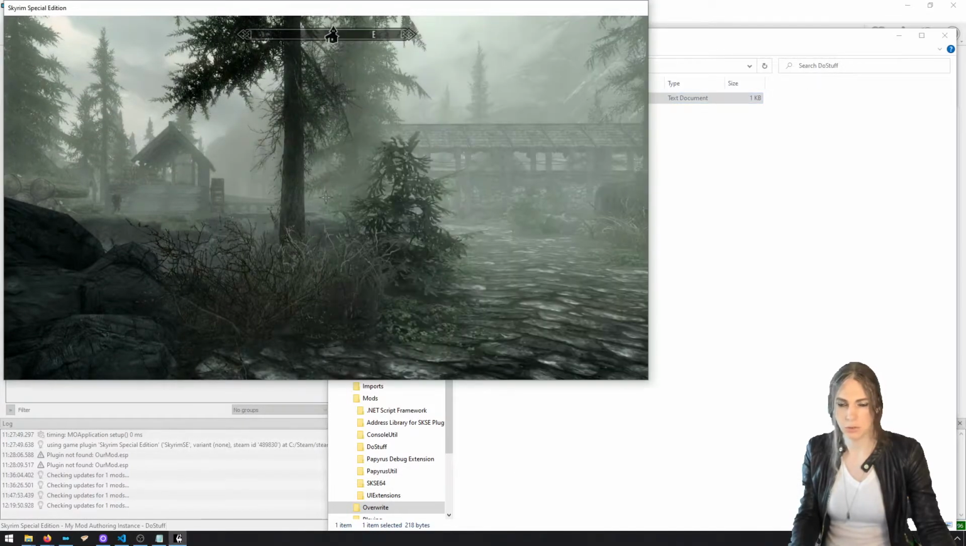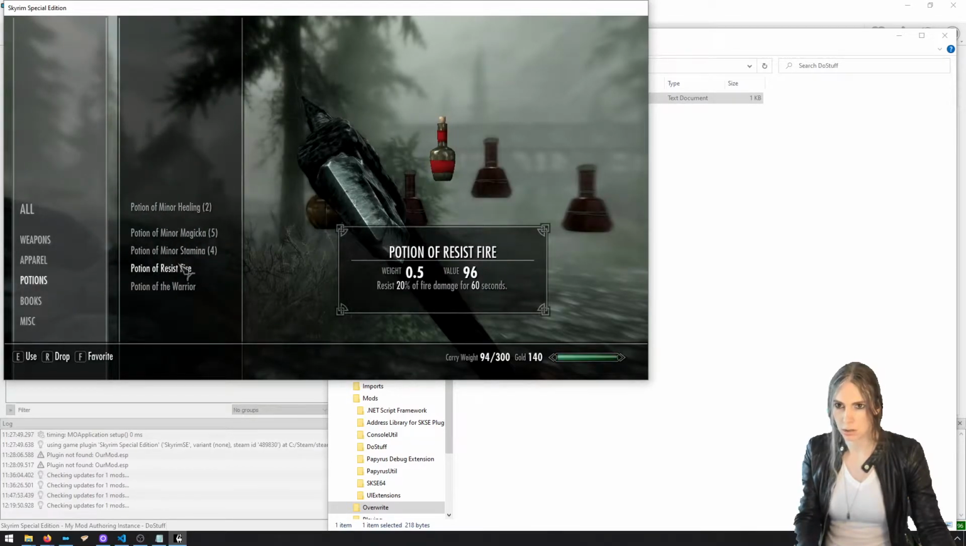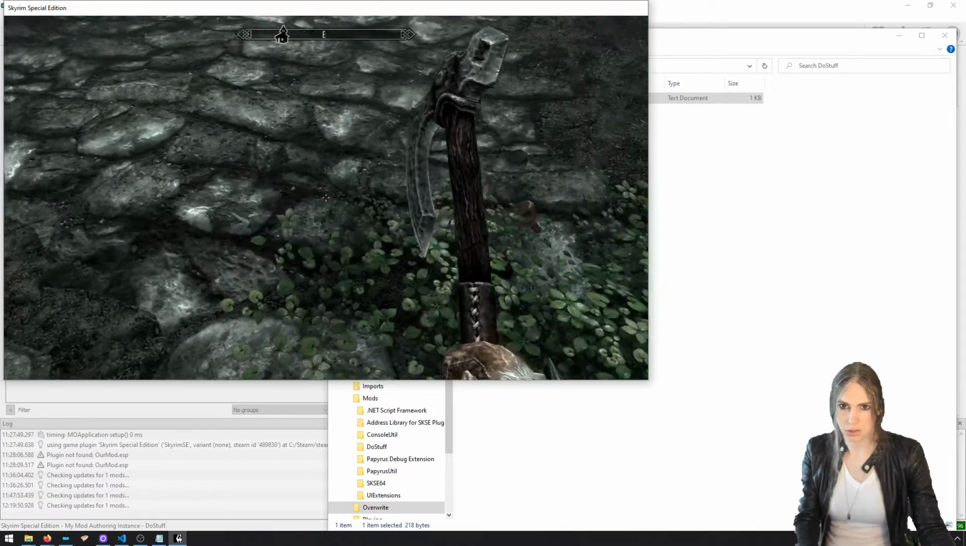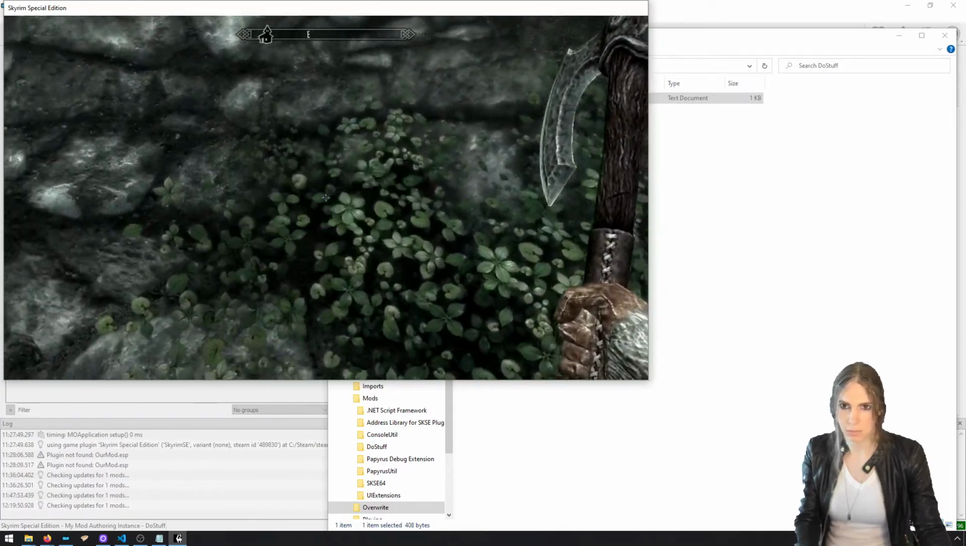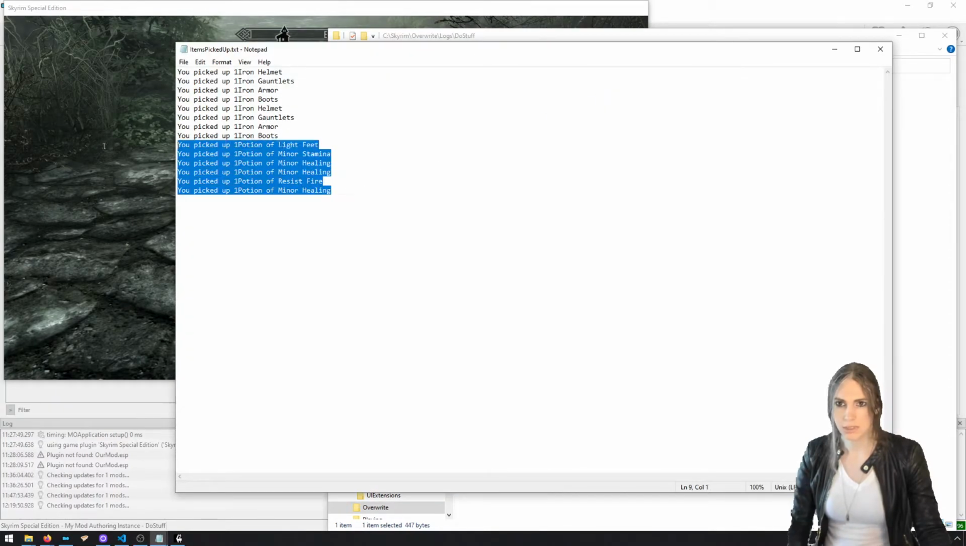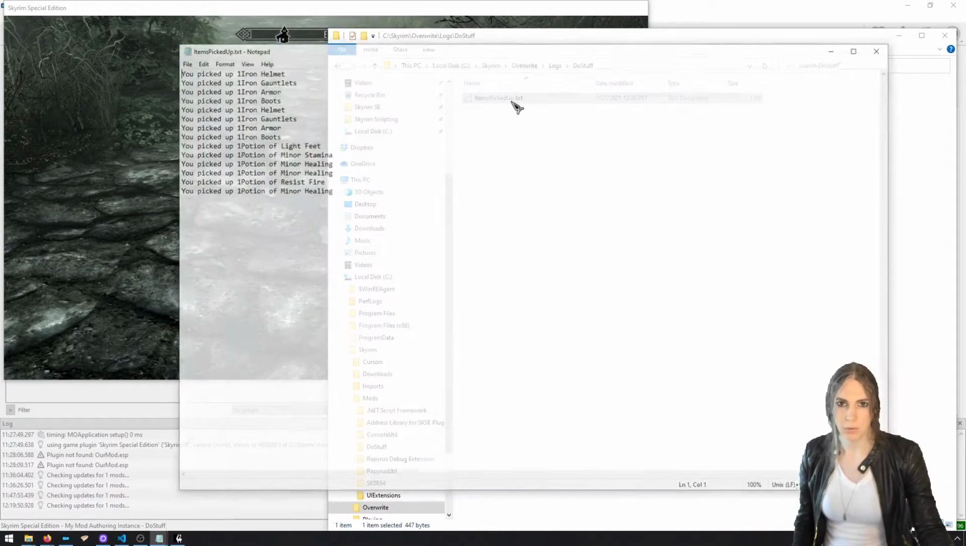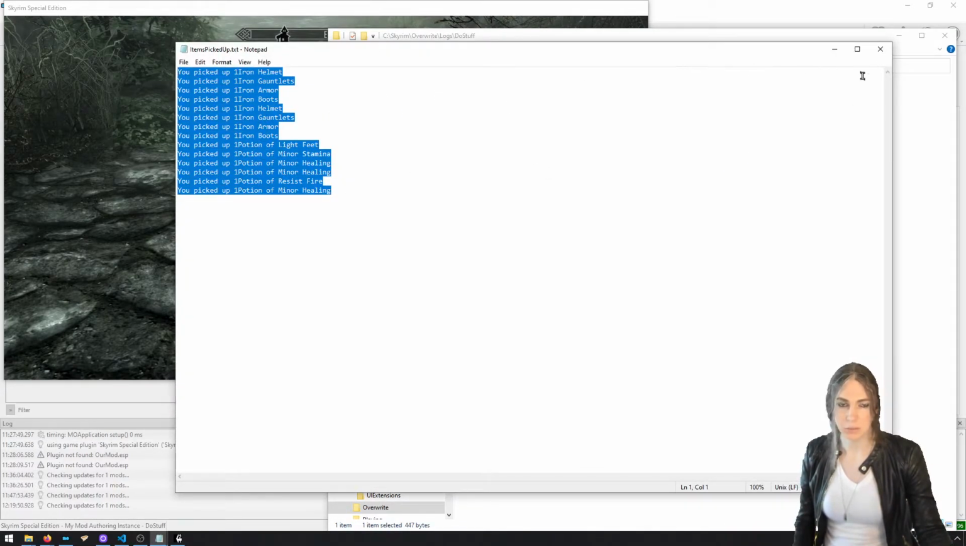Cool. And if we could do some potions or something, and pick a bunch of stuff up, and go over here. We see we picked up some potions, and you could use it to log stuff to a file if you want to. And if we wanted to read this and put it into a message box,